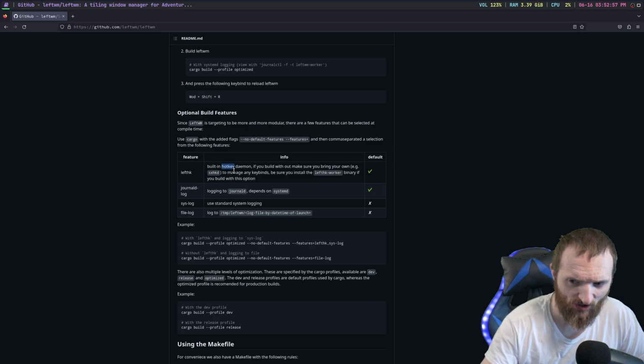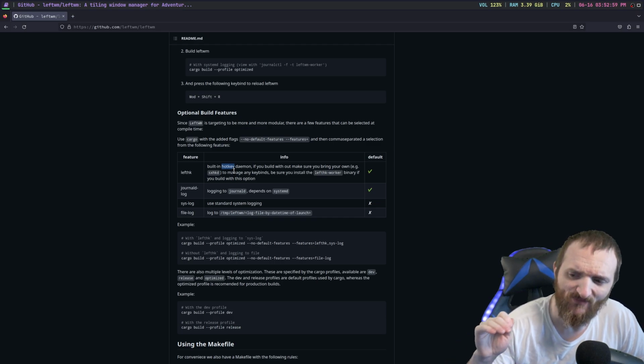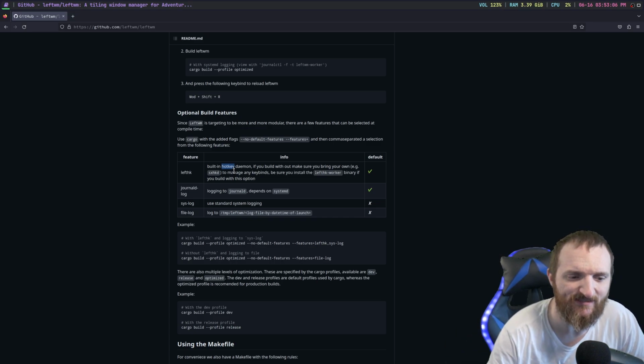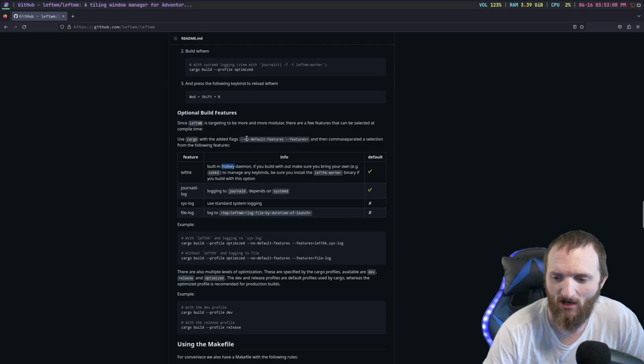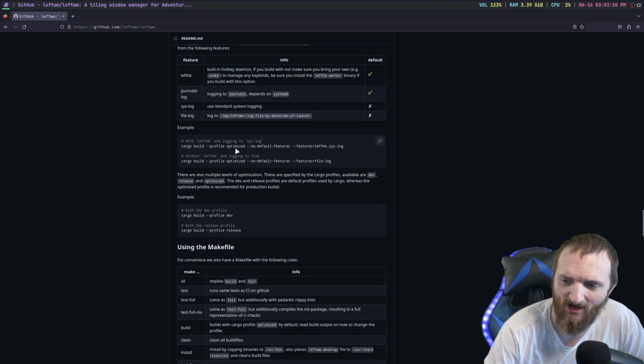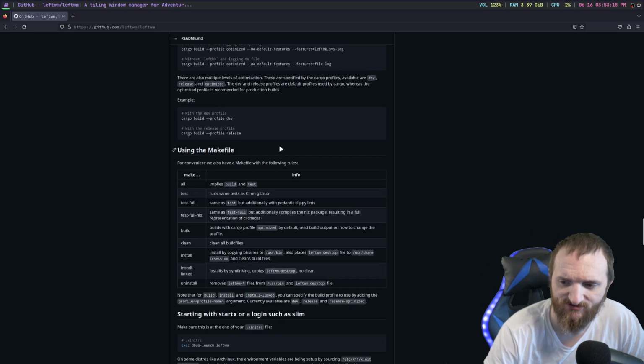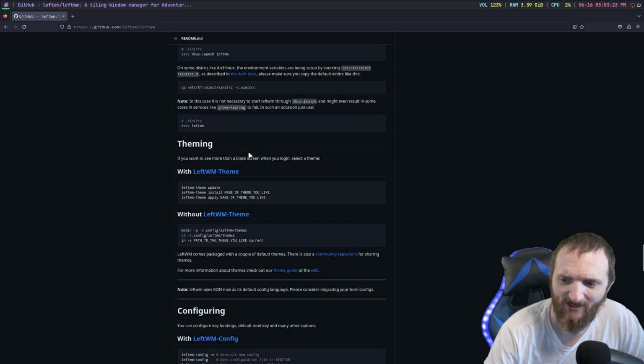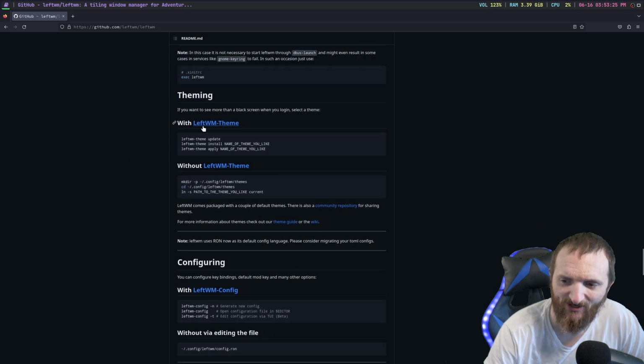I'll use their hotkey daemon for that. But for anything else, like applications that fire up and stuff like that, I'll probably be using the SXHKD daemon. And they show you how to install with all these features, or how to install without all these features. So that's really neat. And then we go down to this theming right here, and this is what I was